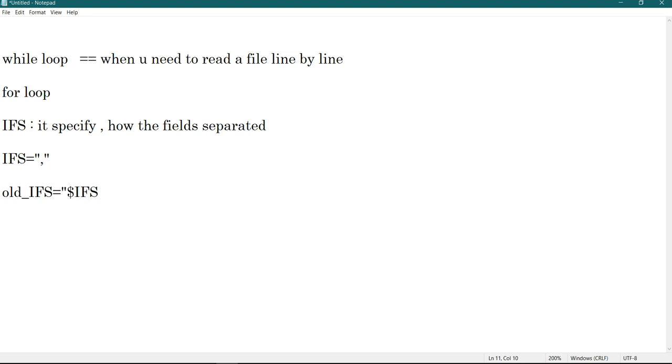You need to store it, and after your work is over, you can revert IFS equal to $old_IFS. In this way your IFS is not altered. Once you have used the IFS that you required in your program, you can retain the original by using the old IFS value.